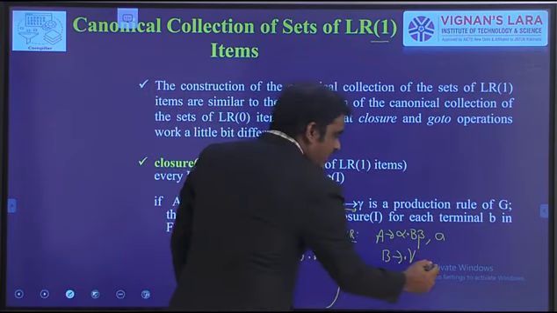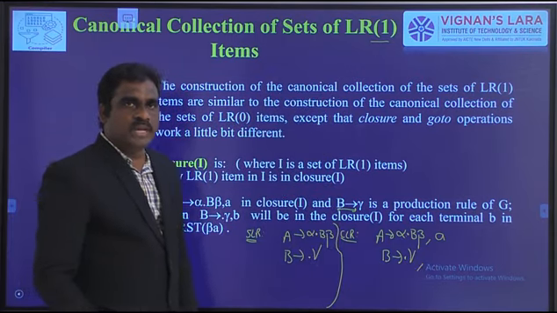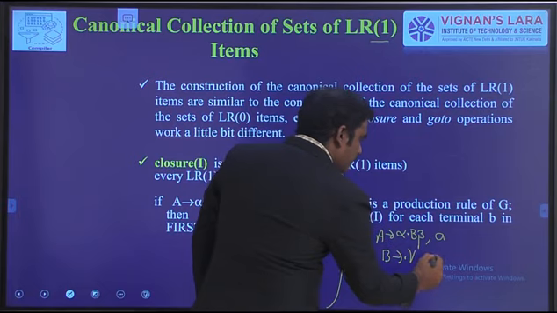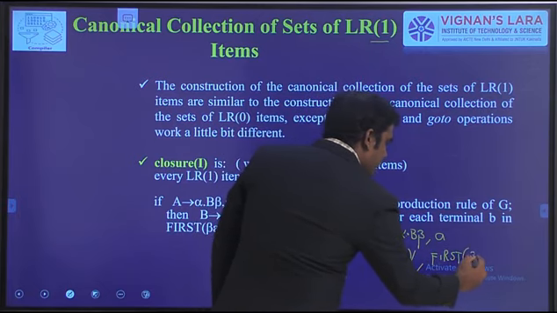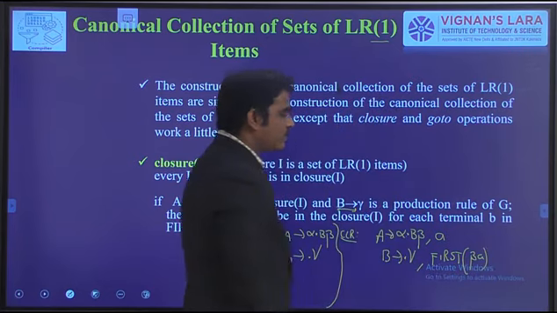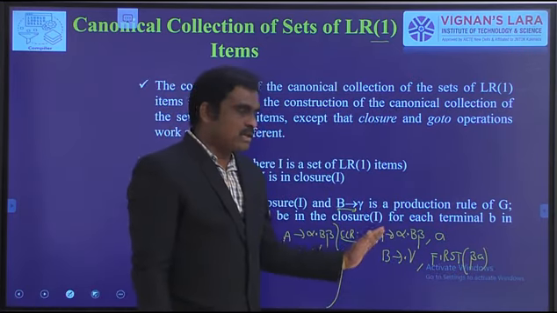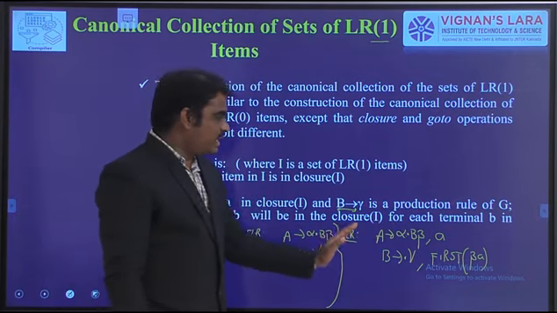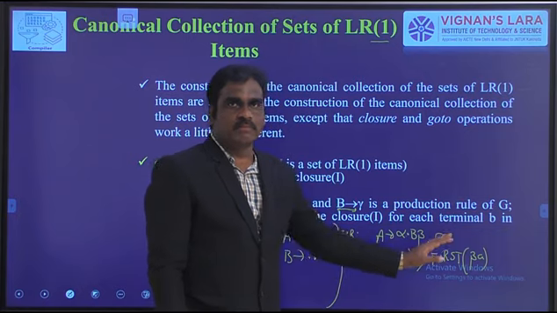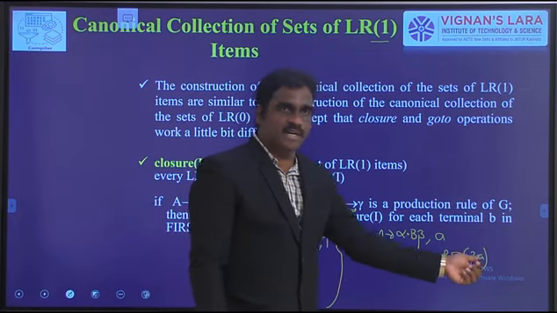And the thing is now here we have to write the lookahead symbol. So how to write the lookahead symbol: here we have to follow the formula, first of beta a. So this is the change. The first part has no change; it is almost the same as in the SLR parsing table. Only the difference is the lookahead symbol. So how to find the lookahead symbol, the formula is first of beta a.